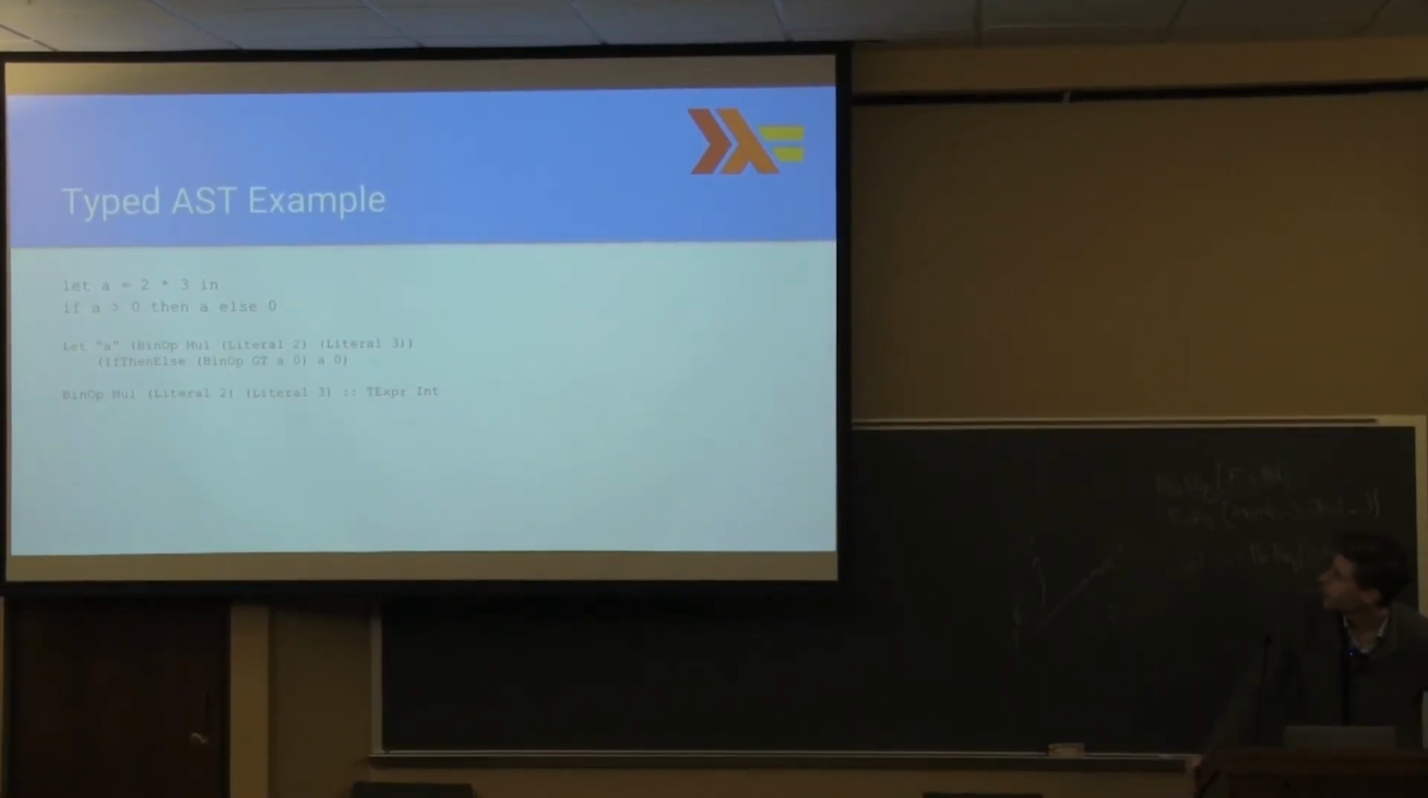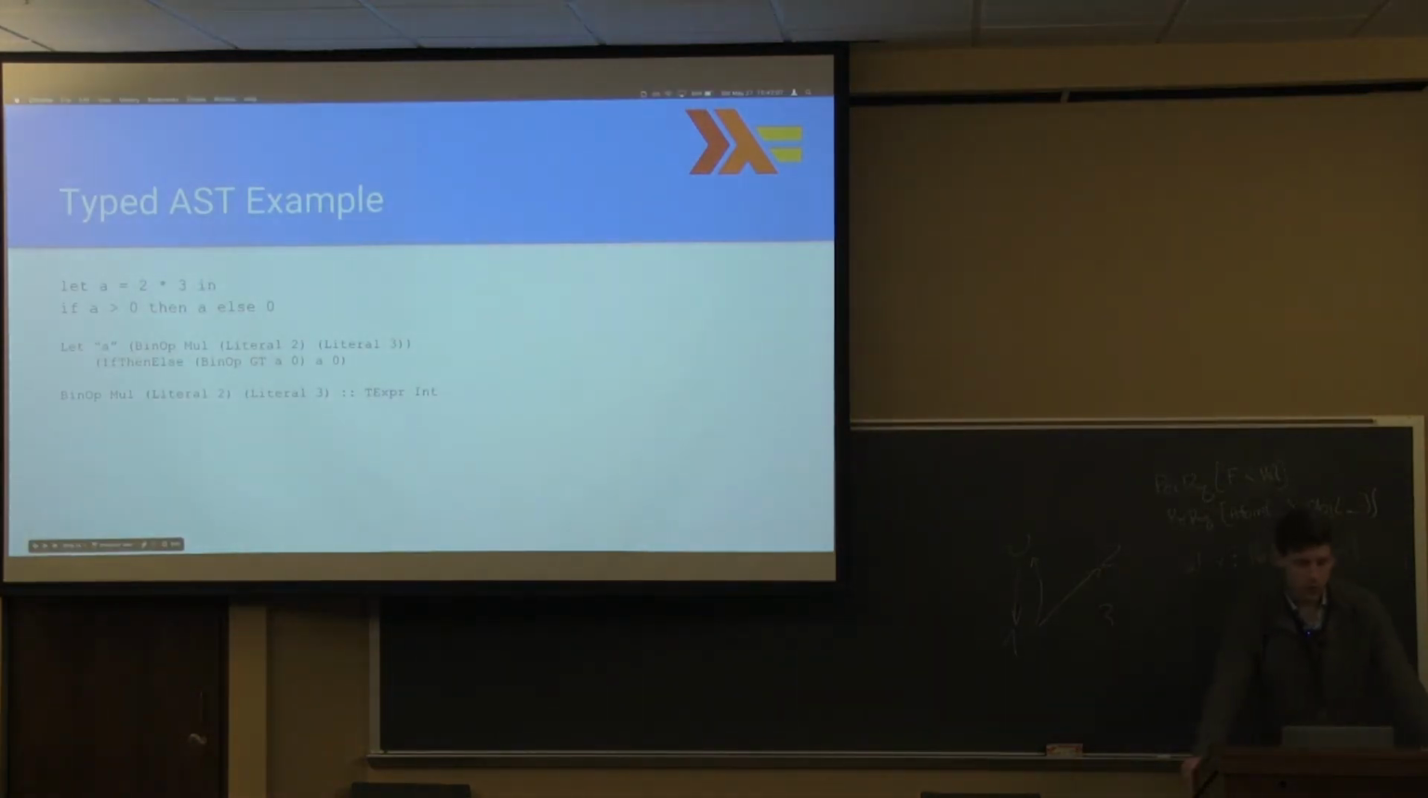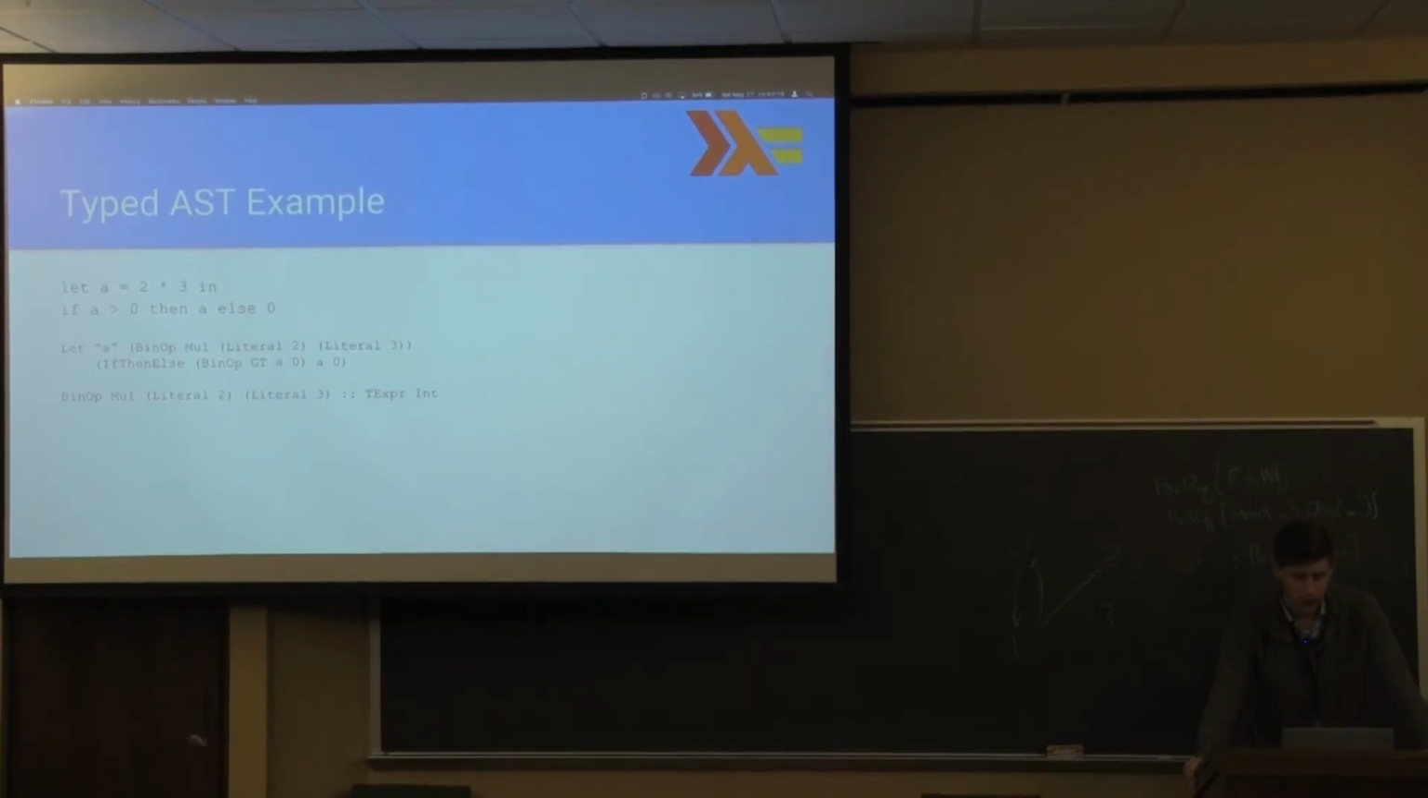So this is the prior expression that we have. So we will take and we will show that the let is... Let me just mirror my screen. I'm having a hard time reading this. So we have the example from previously. We have let a equals 2 times 3 and if a greater than 0, then a else 0. So we'll first translate this to the untyped version. And then I will start to pull out all the individual pieces and show you how the typing works for